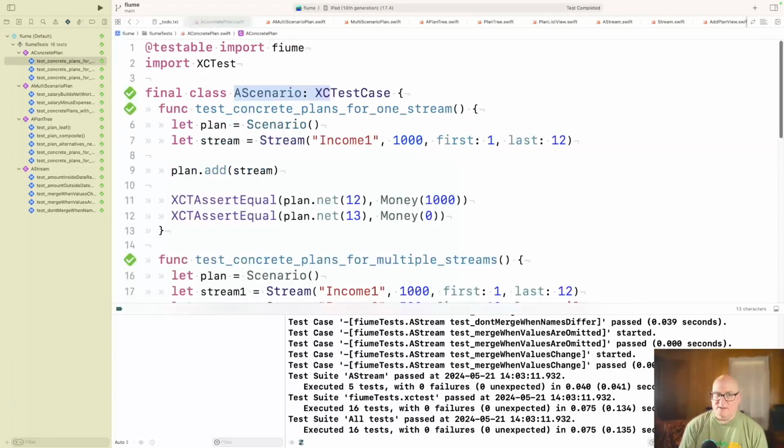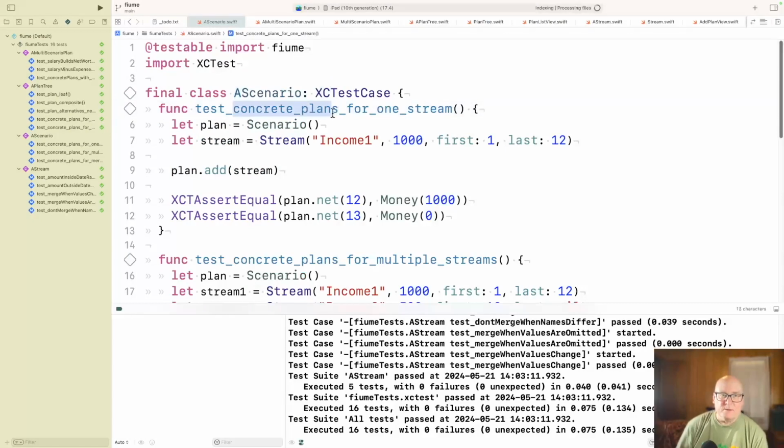Why it's only showing that, okay. And now I'm going to swap this word as well. I think maybe the verb is build scenarios for one stream. So the way we want to try and read these is a scenario is built for one stream.